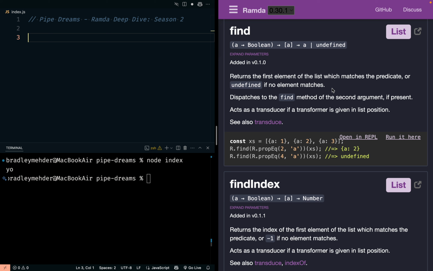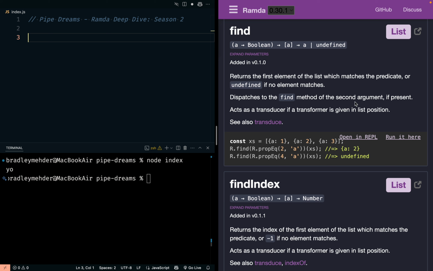And there's nothing magic about Ramda. You can create all these functions yourself. But after a while, there's just no sense in it because you, for example, create a find method or find function and it's done. You never need to write it again. You just continue to use it. You can compose functions together. And for me, it just hits that happy spot. It's the way that I like to consider things. So let's continue with this.